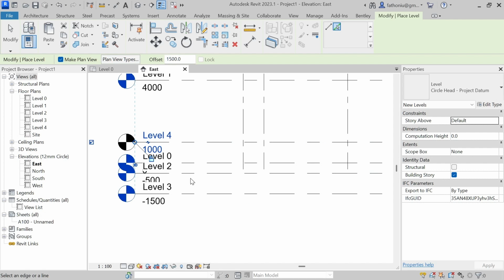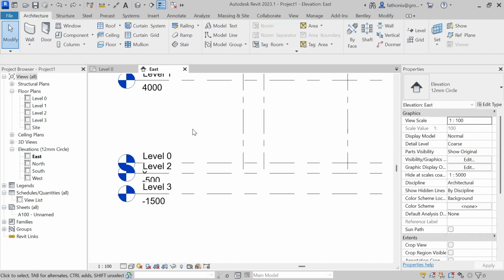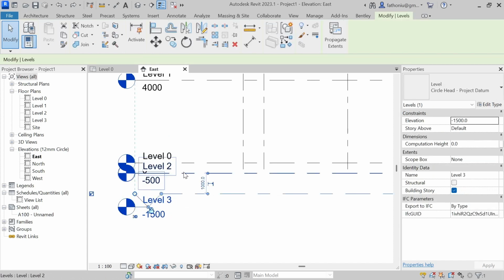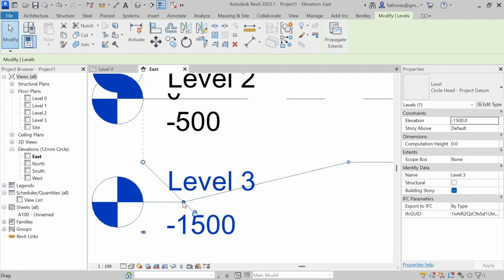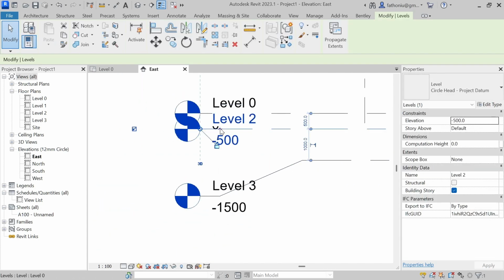Then Control Z. Okay, here, because I forgot to release the command, I'm supposed to press escape several times, and so release, so selection line. Then we bend this one elbow so we can see it clearly, and then we can still move it down here, lower, like that. Okay, then this level also you create an elbow